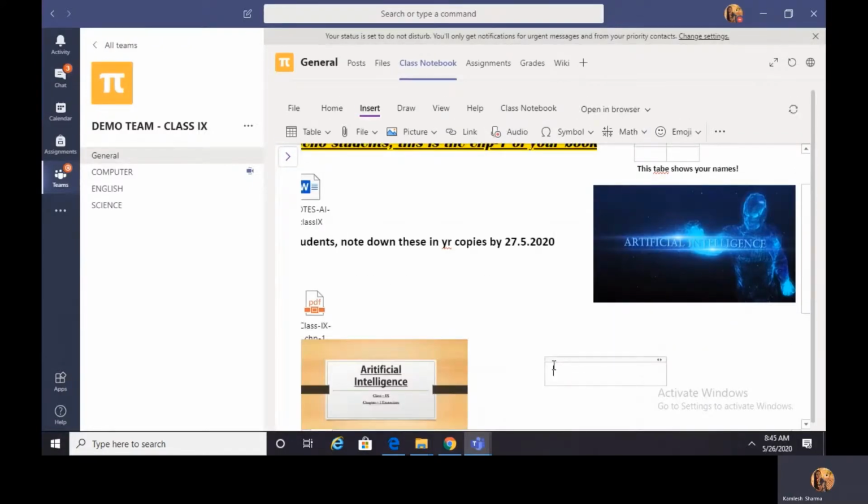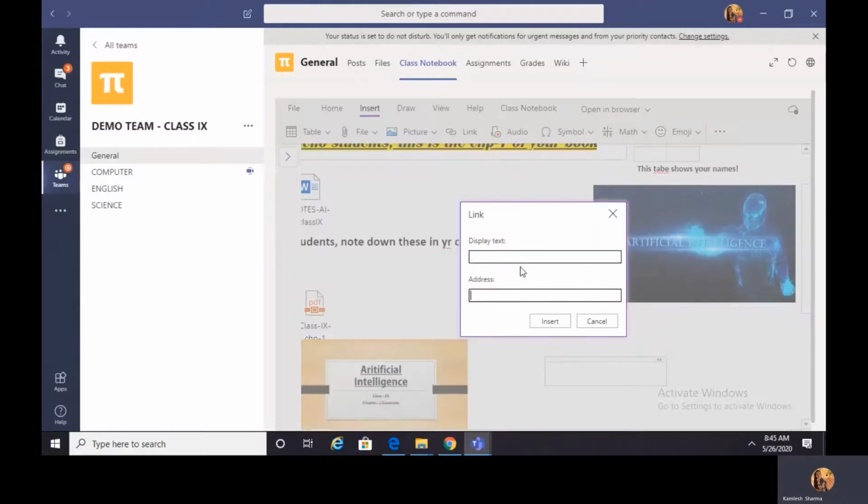All right, now let us try to add a link, that is the hyperlink in our page. For that, we should go to the link, and a dialog box will appear. It has two parts: display text. Display text means here you can just type in any text which is going to become a hyperlink.